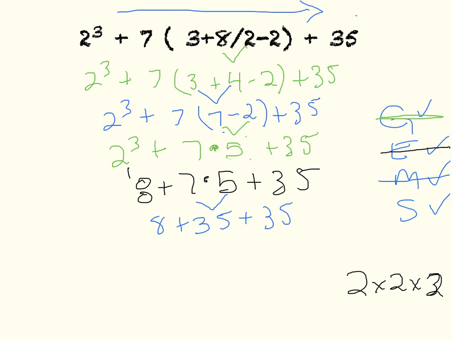So I'm going to start with my 8 plus 35. And 8 plus 35 is 43. I've got 43 plus 35. And now I can do my last addition, and I've got 43 plus 35, which equals 78. So now, if you go back and look at my whole GEMS,